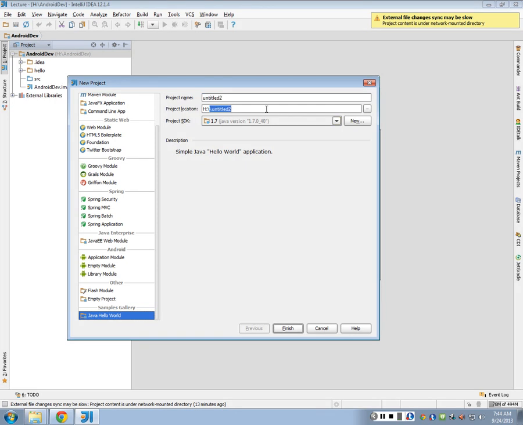We're going to call this Hello for my project name, and I'm going to put it in a directory called Hello. And then the SDK that we want probably says nothing here. So we want to say new and select the JDK, the top one here, for setting up our project. So we select that,